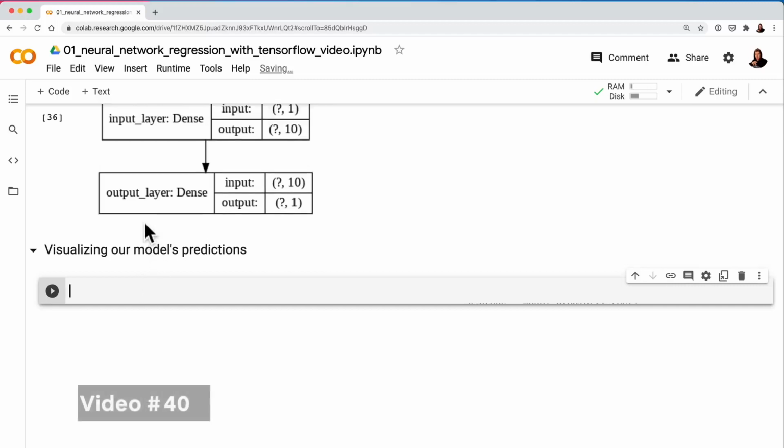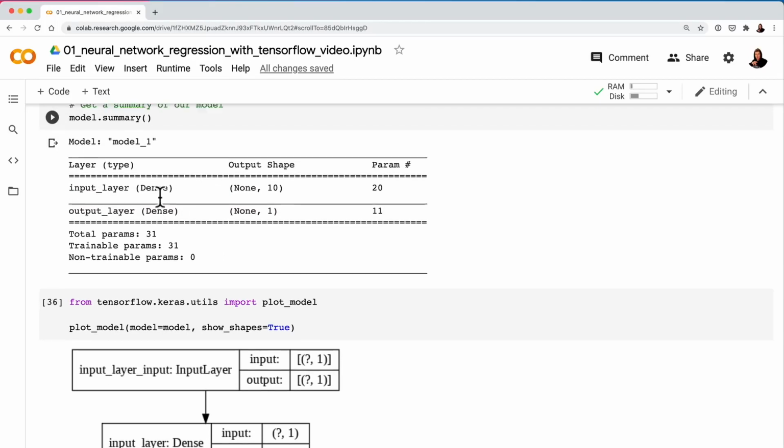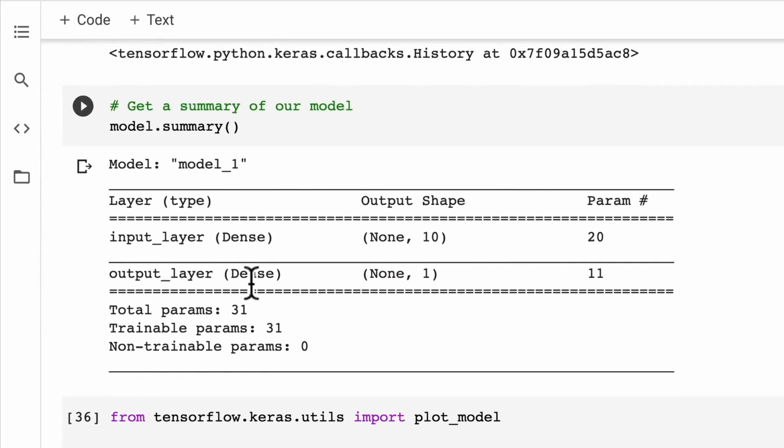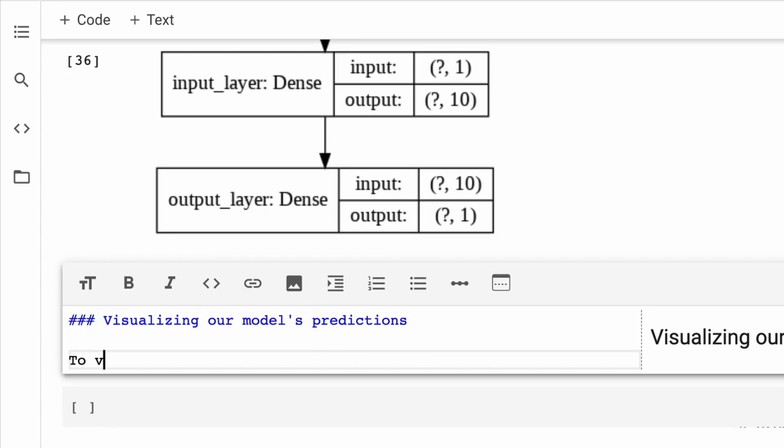In the last video, we saw how we could visualize the different layers in our model and also get a summary of the layers in our model, which included the number of total parameters, the trainable parameters, and the non-trainable parameters. Now, let's have a look at how we might visualize our model's predictions so we can further evaluate how our model is performing. And so, to visualize predictions,